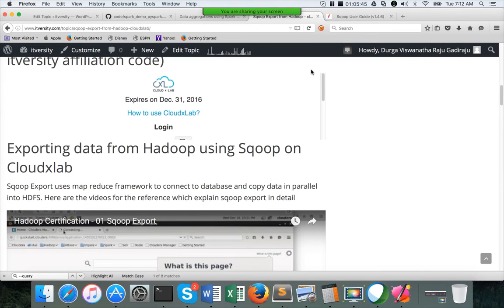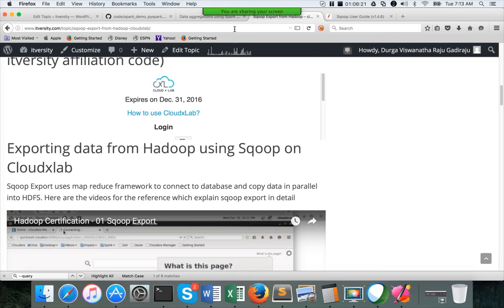For import, it uses the primary key column, computes the min and max, and then uses that information to divide data into multiple chunks to load the data. Whereas in export, it uses the HDFS or MapReduce internal features such as block size and split size to create parallel threads to copy data from HDFS into the relational database.